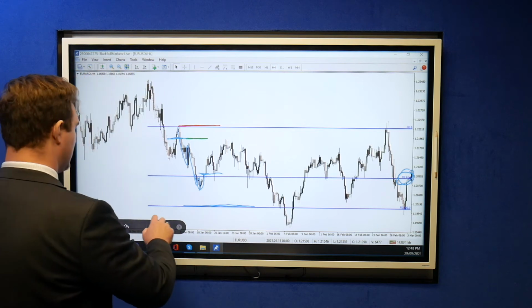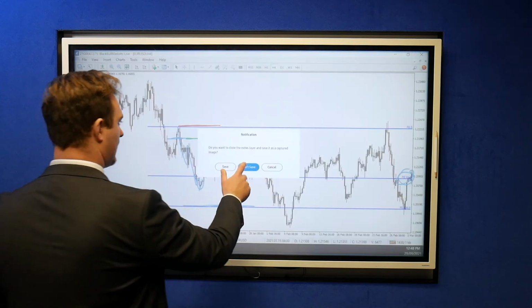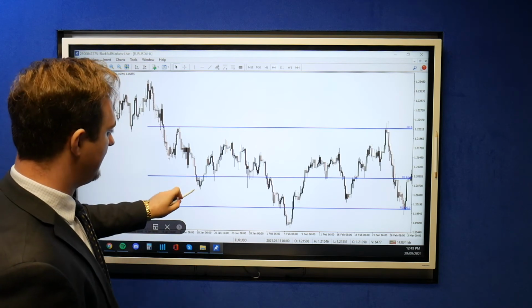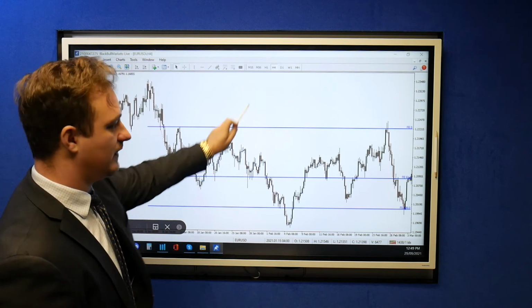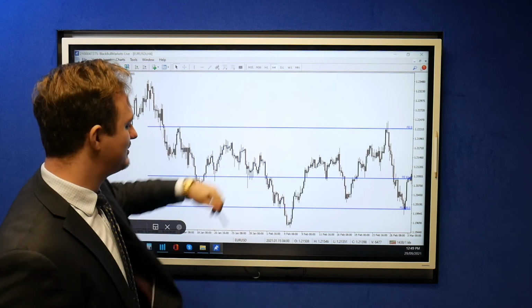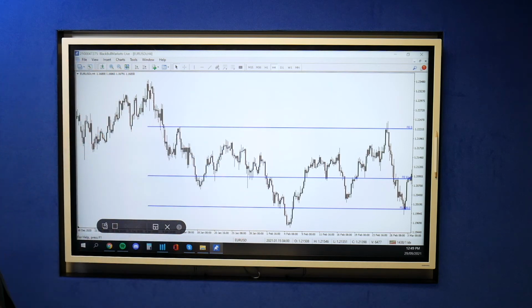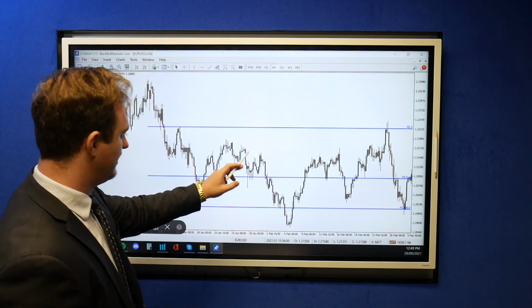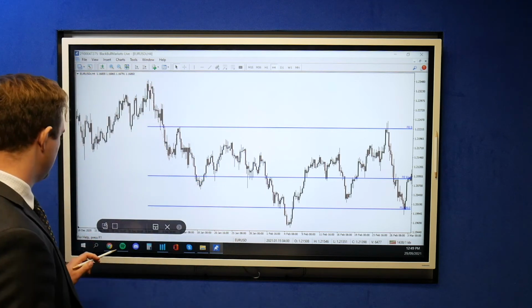Now, remember, we don't see into the future. We probably could have assumed that this was A, B, C, and now we've got 1, 2, 3, 4, 5 to continue further higher, all right? So now we could have taken another entry here based off of this, and unfortunately, right, once we quickly,